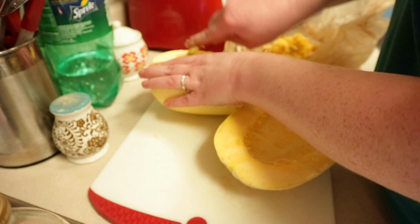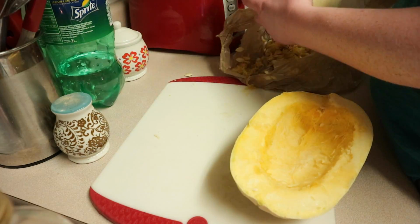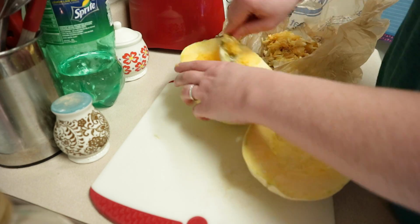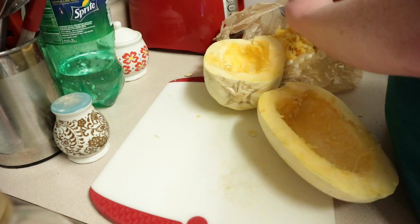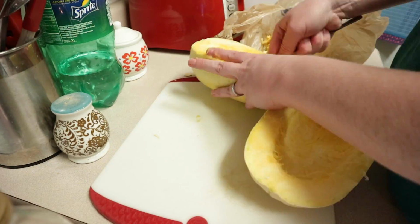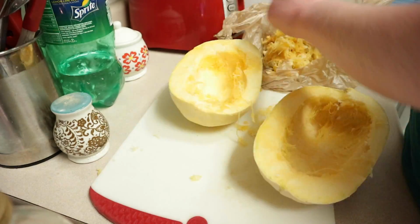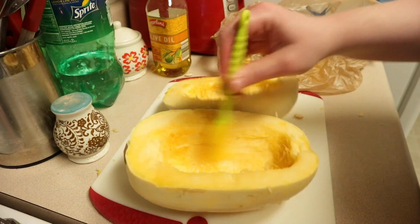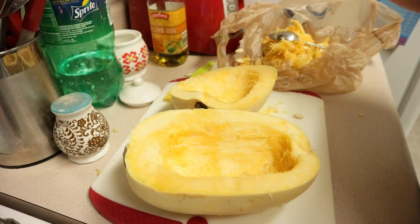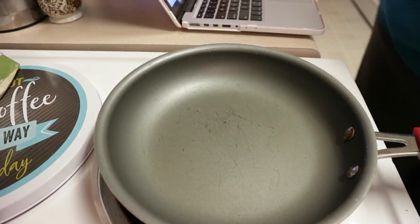Next is one of our favorites. I've made this twice. This is a spinach Alfredo spaghetti squash. So the first thing you're going to do is cut the spaghetti squash open, get out all the seeds and all the yucky part. And it's really hard to cut open, so I recommend sticking it in the microwave for like 5 minutes, and that really helps cut it open. And then I just drizzle it with some olive oil, brush it around, and then season it with some salt and some pepper. And then you preheat the oven to 375, turn the spaghetti squash over, and let it cook